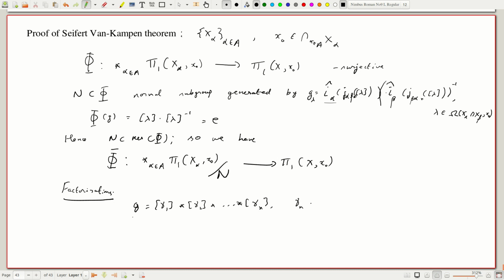So gamma j is in the loop space of X alpha j and X0. So these are all loops. Now these give you a factorization, so that this gives an element